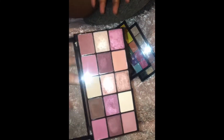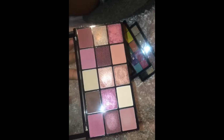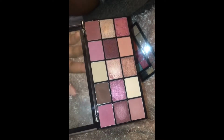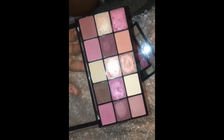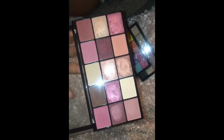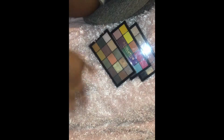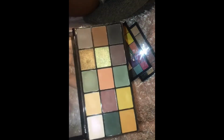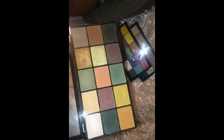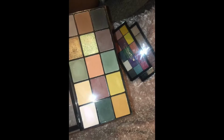Next is the Provocative palette. I've used this a good amount. It doesn't look super used, but I have used it a good amount. And I really like how it's a pinky type color story because I really love pink. Next is the Division palette, and I am debating keeping this one actually, just because these